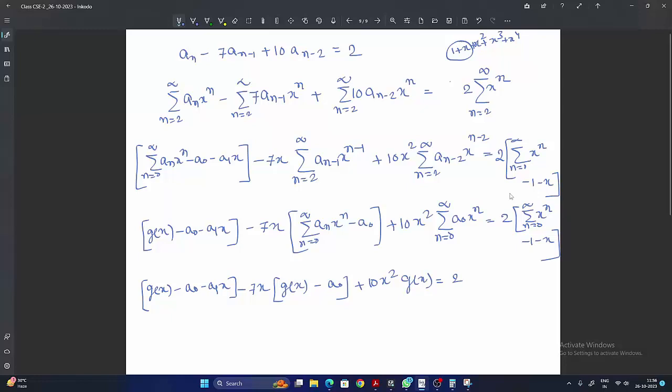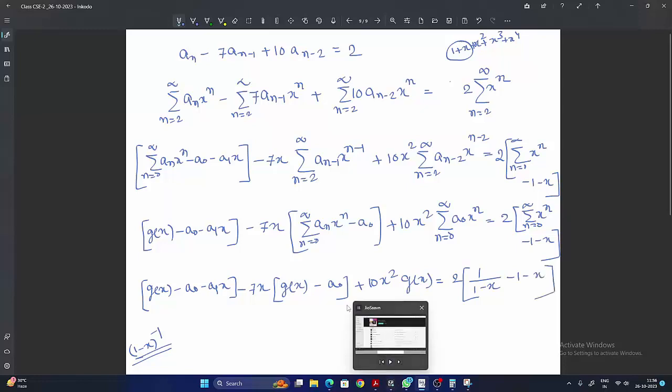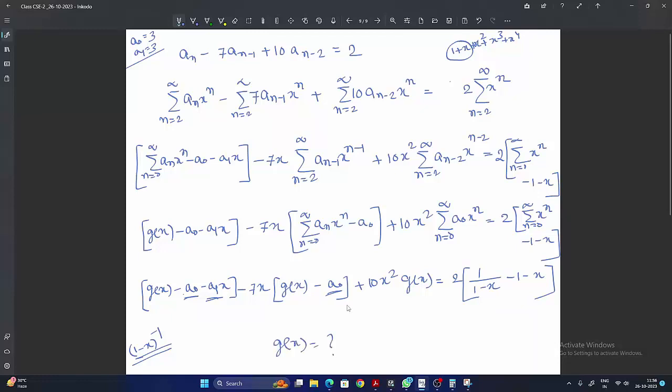तो ये इसका फॉर्मूला क्या है, summation n is equal to 0 to infinity x to the power n, यानी कि ये 1 माइनस x to the power माइनस 1 का फॉर्मूला है ना, यही तो था 1 माइनस x to the power माइनस 1 का फॉर्मूला, 1 प्लस x स्क्वायर प्लस x क्यूब, यानी कि n is equal to 0 to infinity x to the power n, तो ये यहाँ पर पुट कर देना है कि ये हो गया 1 बाई 1 माइनस x देन माइनस 1 देन माइनस x। तो अब a0 और a1 का वैल्यू यहाँ पर क्वेश्चन में दिया होगा, a0 इज इक्वल टू suppose 3, a1 इज इक्वल टू suppose 3 like the previous problem। तो a0 के जगह पर वैल्यू पुट करो, a1 के जगह पर वैल्यू पुट करो, यहाँ से g(x) को कैलकुलेट करो, फिर ये सॉल्व हो जाने के बाद g(x) को पार्शियल फैक्टराइजेशन करके सीरीज को जनरेट करना है। सो दैट इज द मेथड।